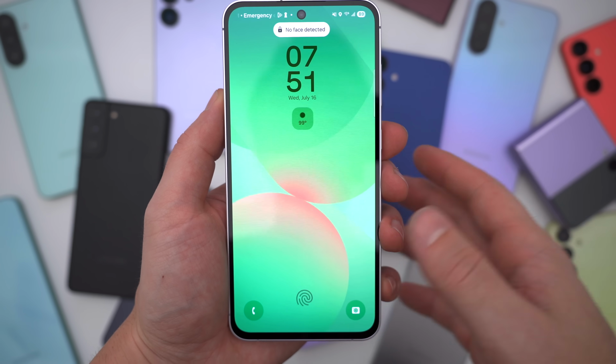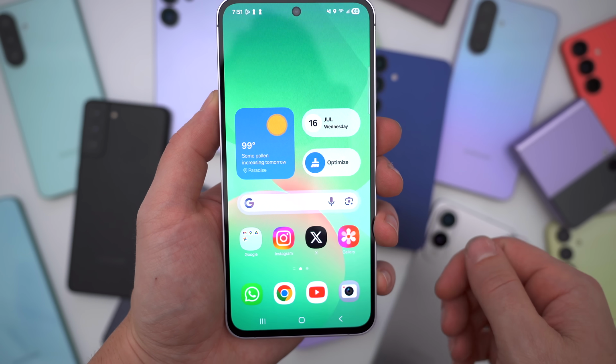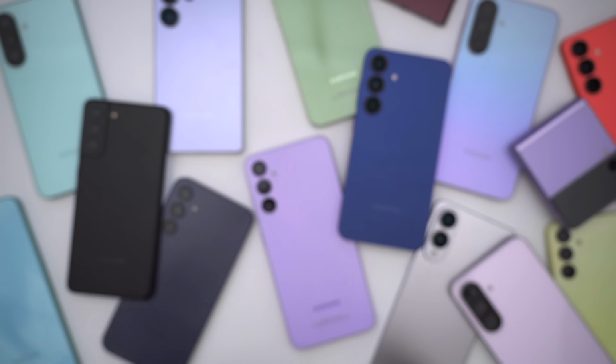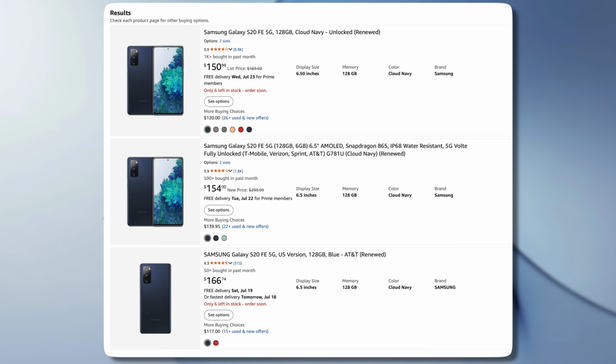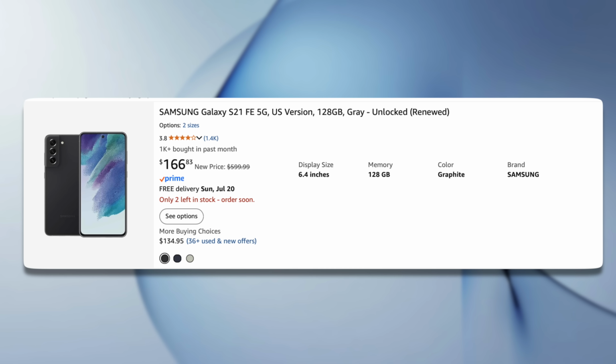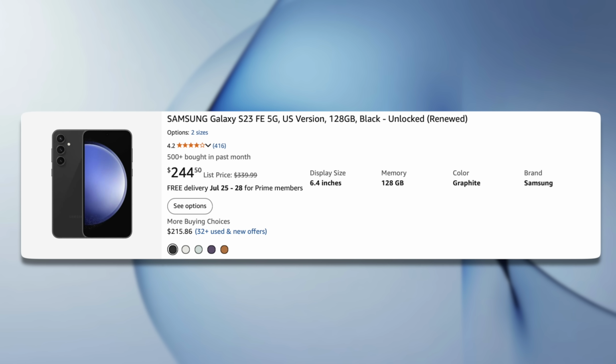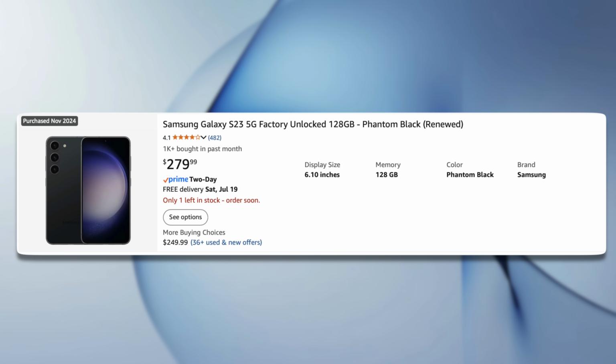And my answer to that is pretty straightforward. It's just cheaper and better, frankly, to get a regular S-series phone instead. The first FE, the S20 FE, while it is my all-time favorite Samsung smartphone, is just too old now to consider. The S21 FE at like $170 is an okay option, but for literally the same price, you can just get a regular S21. The S23 FE is now well under $300, but once again, so is the regular flagship